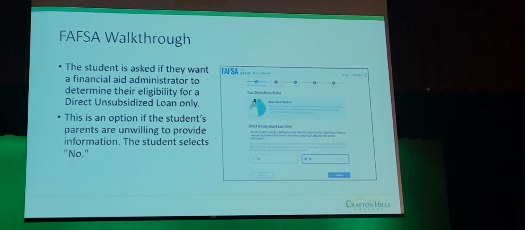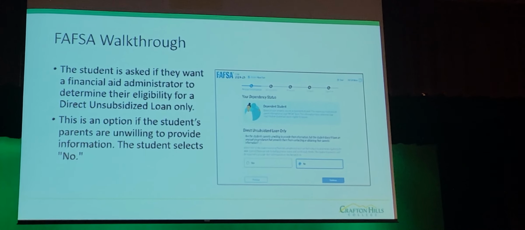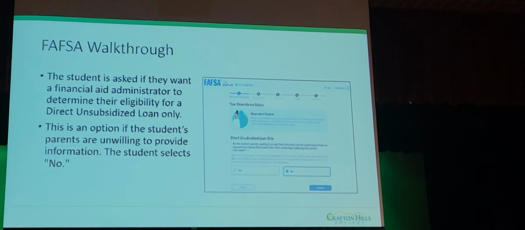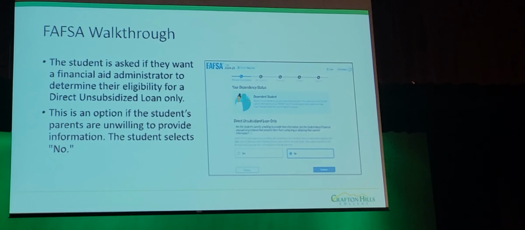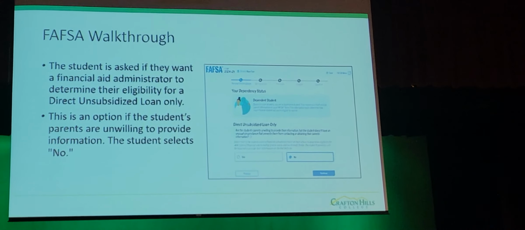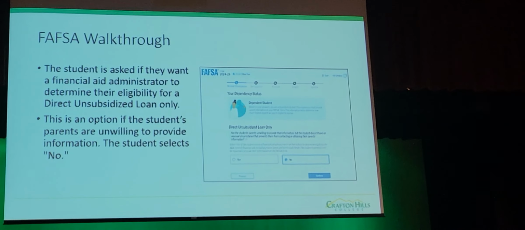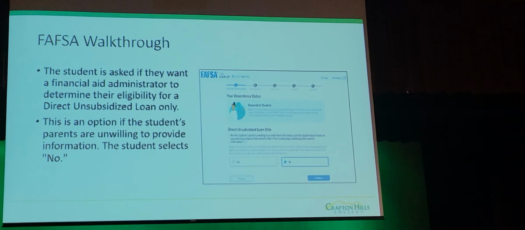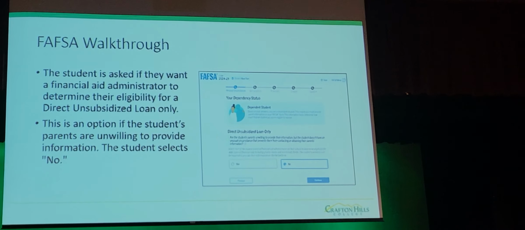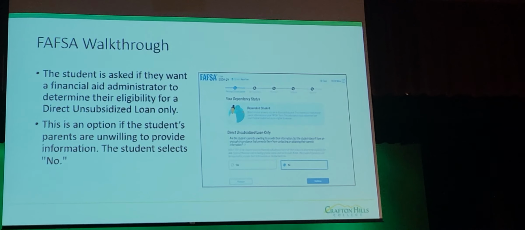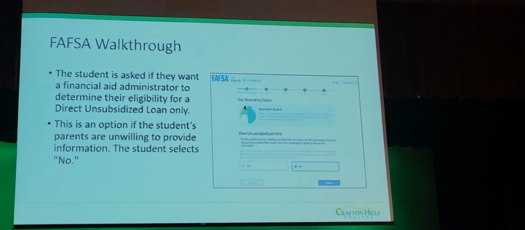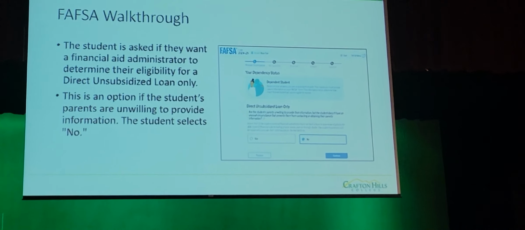So this right here is a question that it's going to ask you, and it's one of those double negative questions. It's basically asking if the parents are unwilling to provide their information. It'll auto default to no, and that's okay, because it's saying essentially that you are willing to provide your information if you are. If for some reason they switch this to yes, that's basically the student saying that the parents are unwilling to give the information and all they want is loans. And it'll offer them only the loans that they're able to get by themselves. So for this one, rule of thumb, just keep it as no if the parents are able to still put the information on there. Next slide,